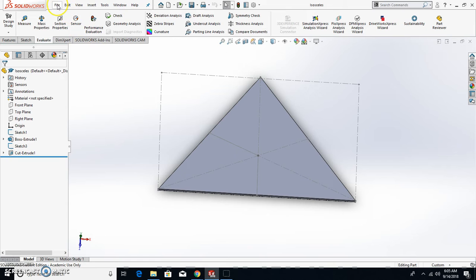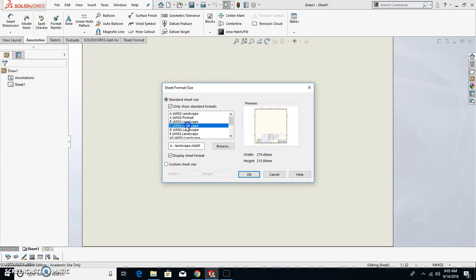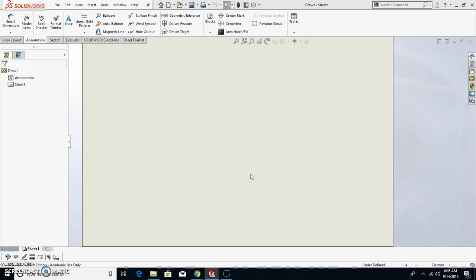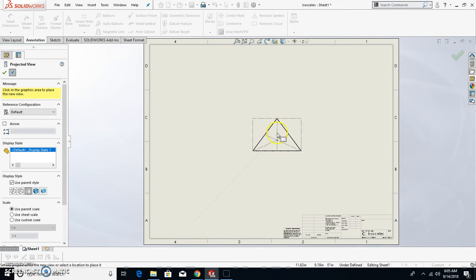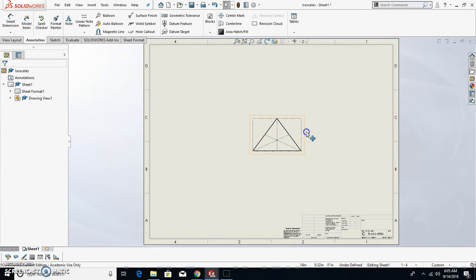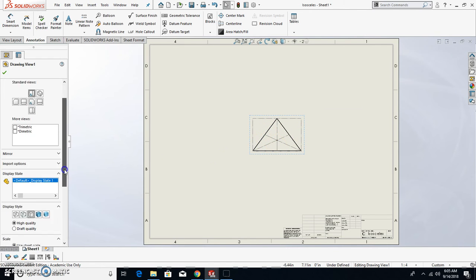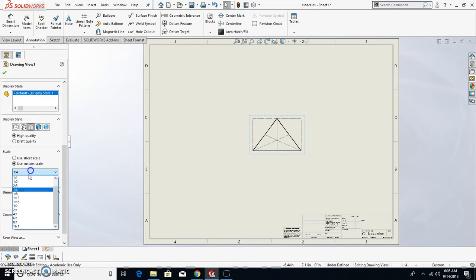Alright, so your first step is you go up to File, Make Drawing from Part, and we're going to use a C landscape size sheet that's 22, I don't know why that says feet, that should be inches by 17, so hit OK here. Alright, just drag the top view of the part in. Okay, first thing you're going to do is obviously we're going to change the scale of this guy, and we're going to make it a 1:1